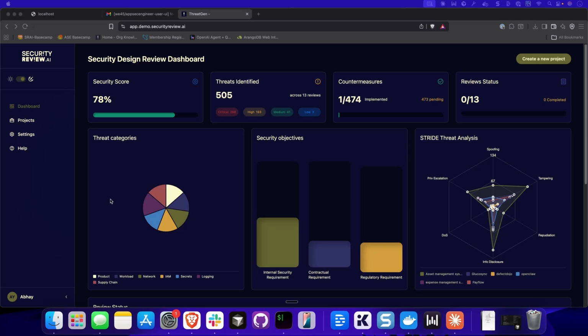Hi everyone. In this video, I'm going to be talking to you about some of the latest changes that we've made to SecurityReview.ai to give you an enhanced set of capabilities that you can use to make your security design reviews and threat models a lot more powerful, a lot easier, and a lot more comprehensive. So let's start with the first one, which is